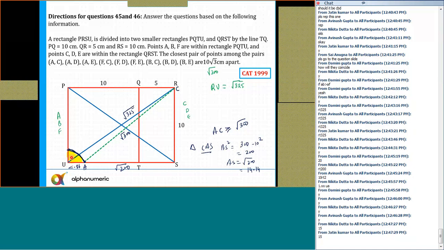Okay, root 225. So it is also very important for you to understand that in this layer I can take all these 3 points, and they should be very, very close to the corners. Okay, so this is root 300, something like this. Here also it will be root 300.